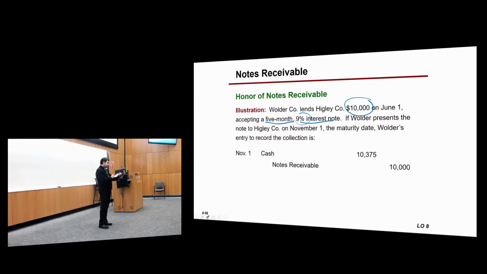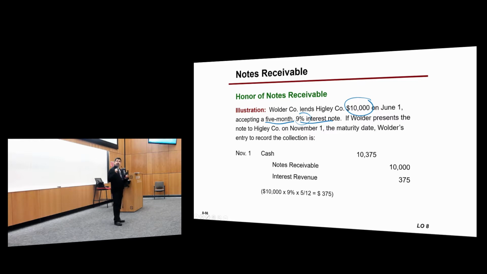This is simply 10,000 notes receivable, which will be credited to notes receivable. The remaining 375 is interest revenue. Okay? The calculation for the interest is 10,000 multiplied by 9% multiplied by 5/12. Okay? Now keep in